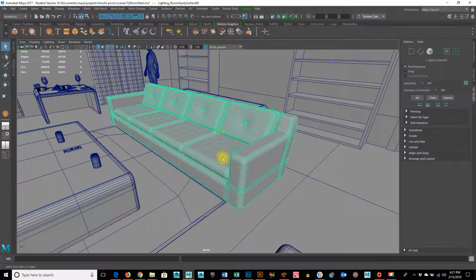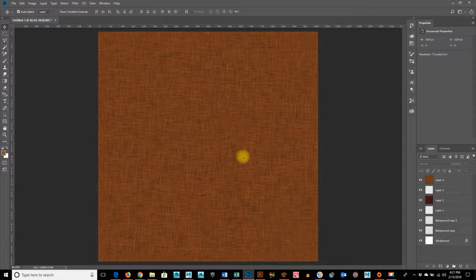And we're going to go in and make a bump map so we can have the fabric actually have a little bit of a bump to it, and it's not super smooth, like really shiny, glossy. So it gives it a little more texture to it. So I'm going to go into Photoshop and we're going to make something like this by hand. So what we're going to do